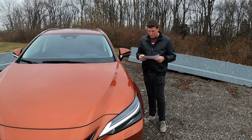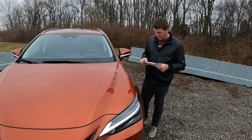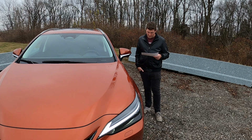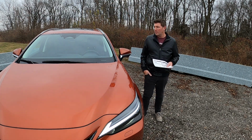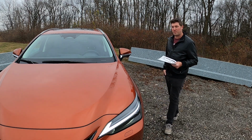Smartphone convenience package that will charge your phone in the little charging pad right here in the center console. Carpet cargo mat, illuminated cargo sill, mudguards, and rear puddle lamp and side puddle lamp. So quite a few options on there, but nothing really extremely pricey. I mean, the biggest pricing option here is the lane change assist with the 360 camera, which makes it relatively base model, but you still get a lot for the money, especially when you consider that it is pretty much